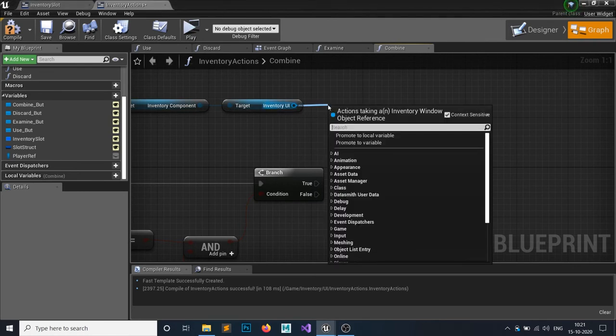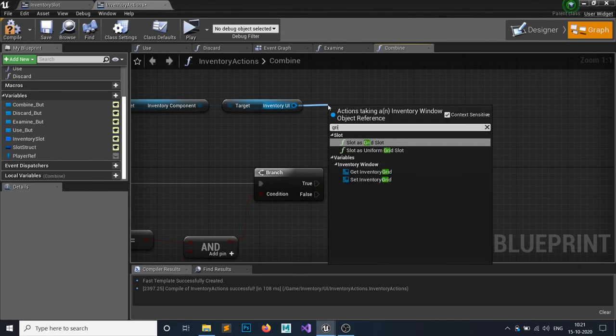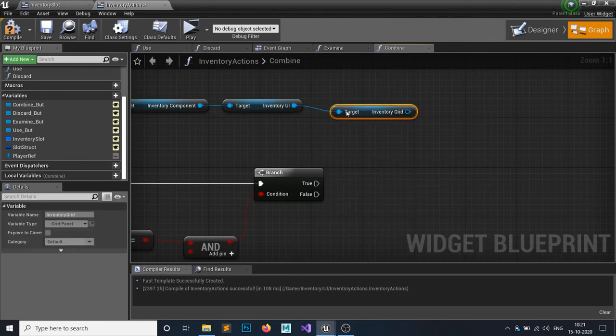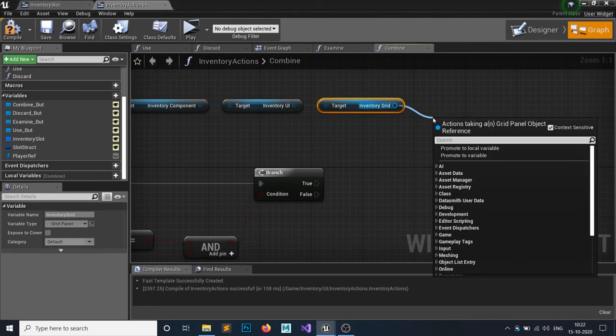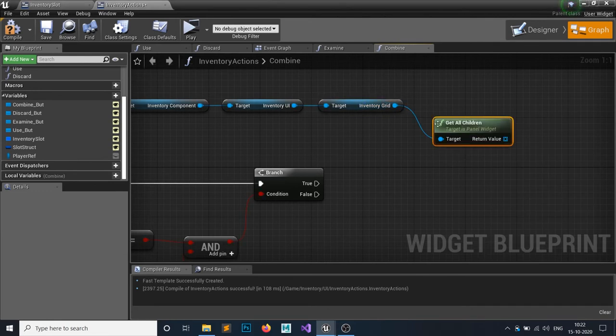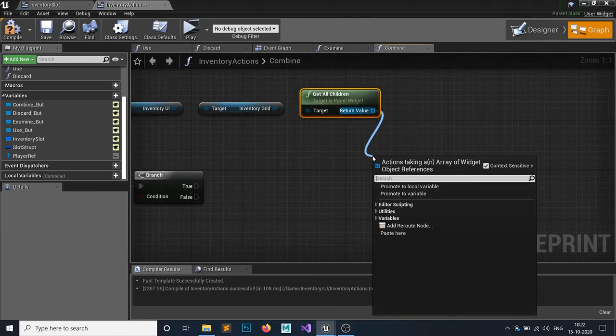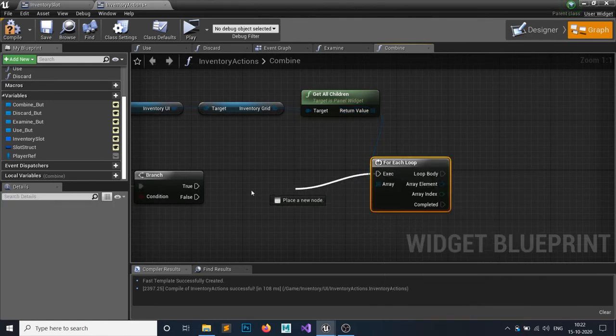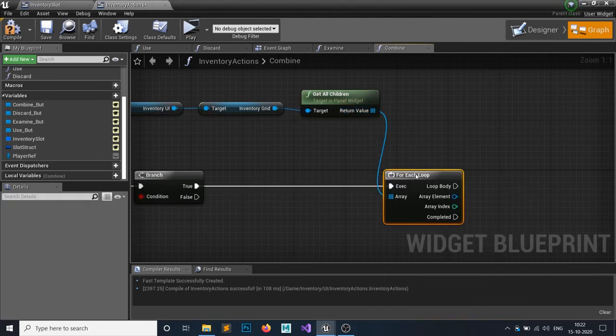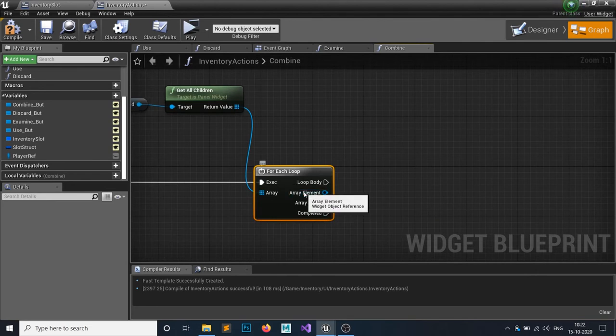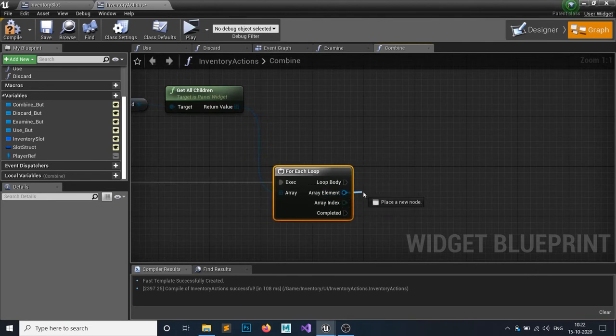From that UI, grab that grid panel and get all the children. Note that all the children of this grid panel would be the slots, the inventory slots. So what we want to do is a for each loop, and cast to our slot. So just cast to our slot.